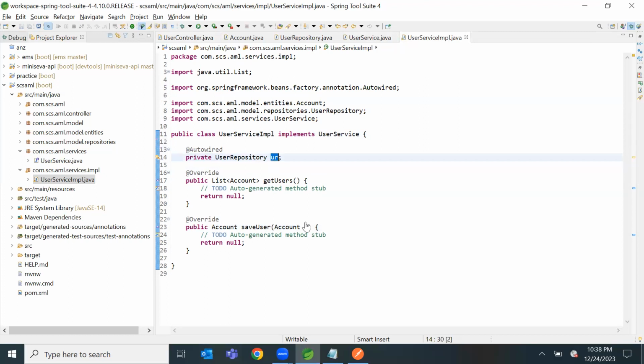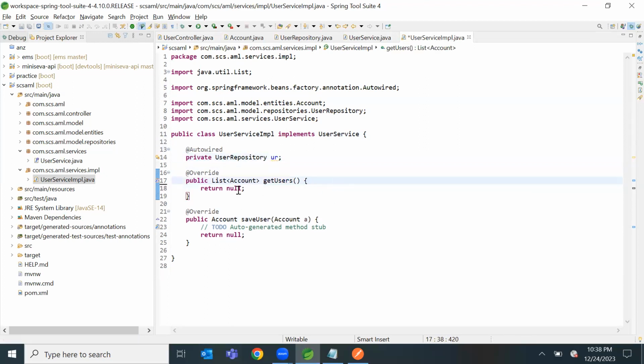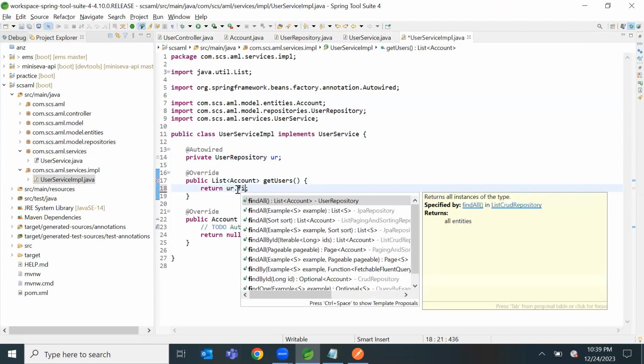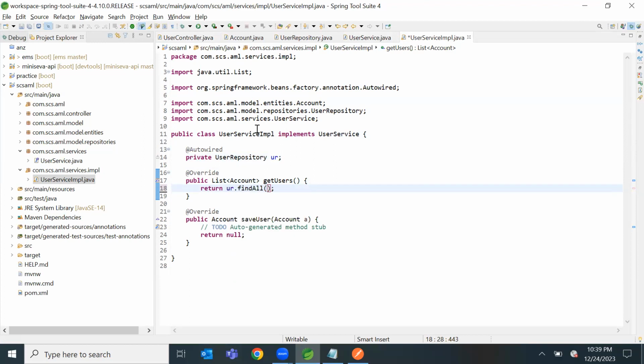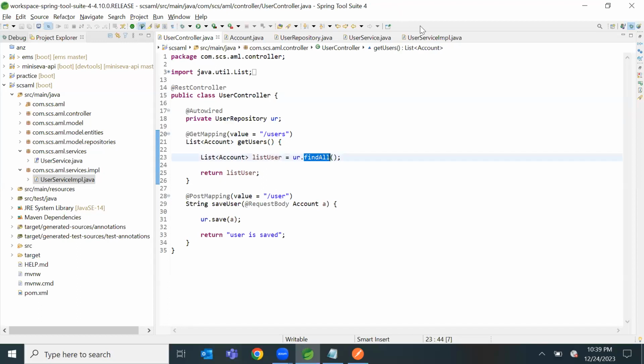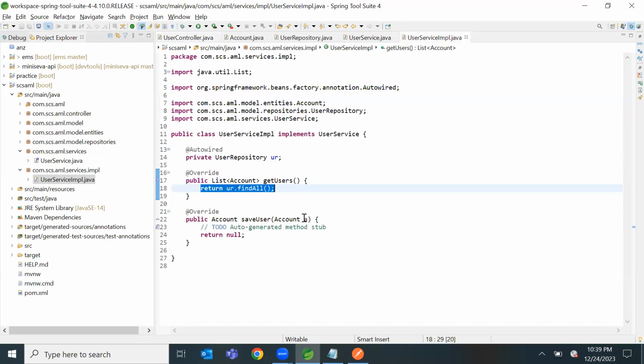So here it will return nothing, but what it will do is return ur.findAll. Now all the functions are available in this service, but not in the controller. So I will return ur.findAll. This is what I wanted. And what I will do here, I will